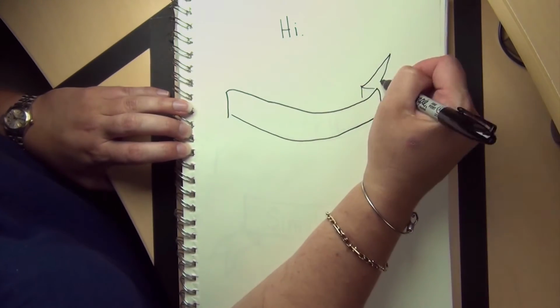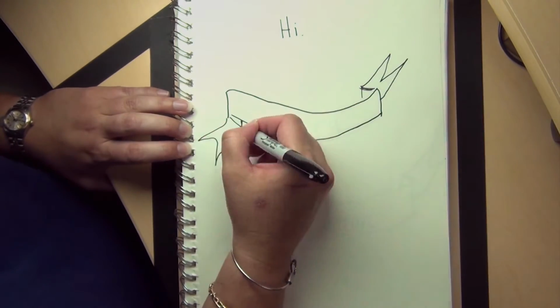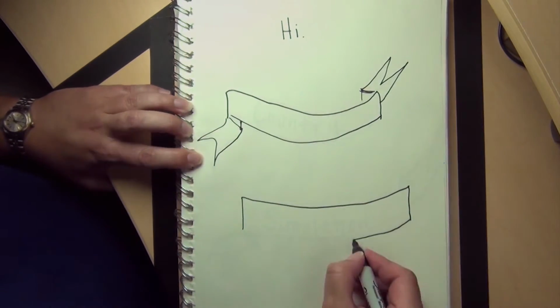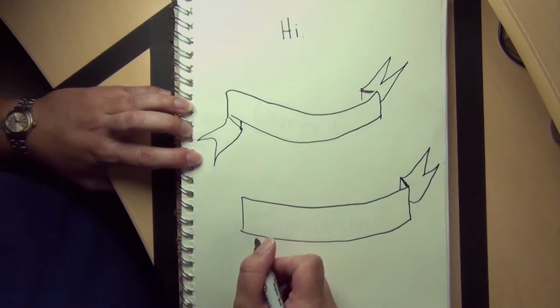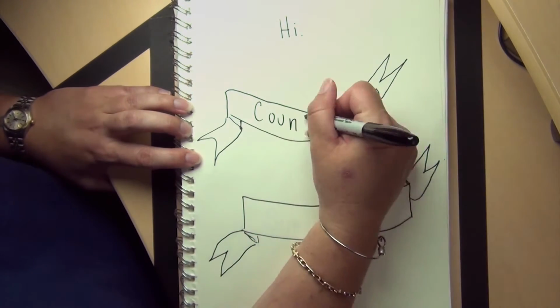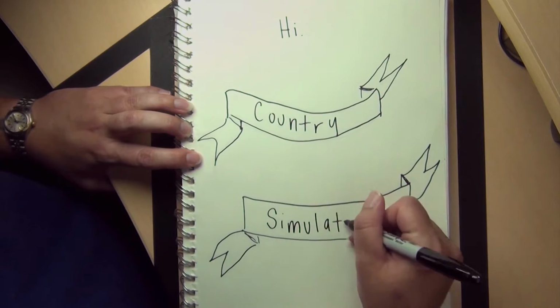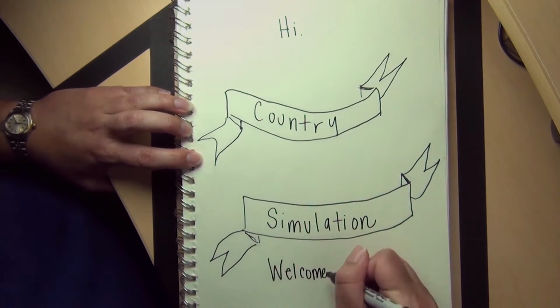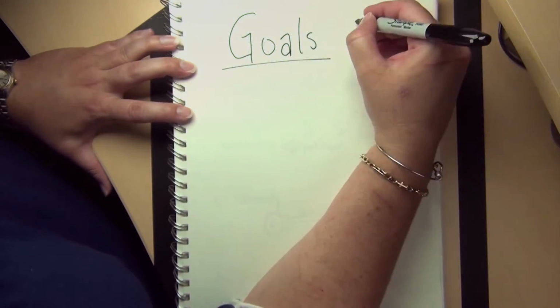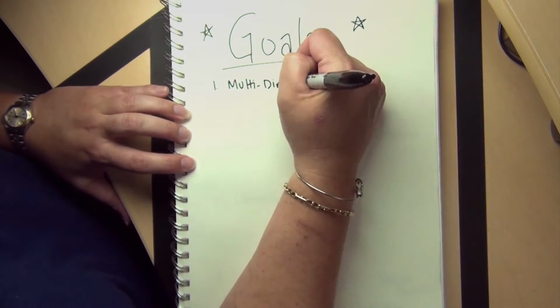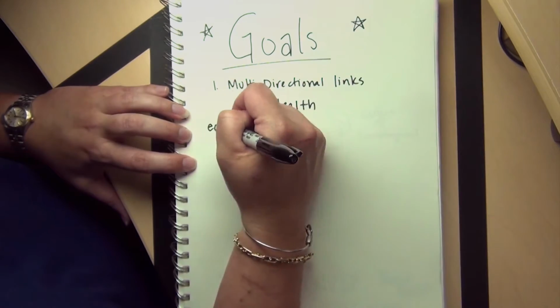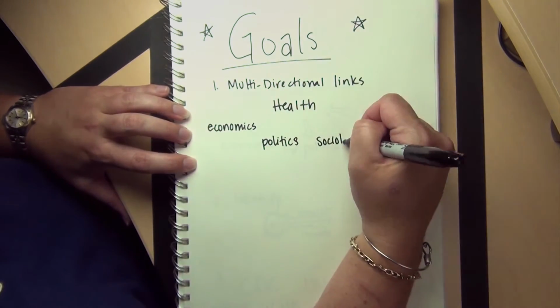In this assignment, you'll be divided into small groups and given a brief description of an imaginary country. Throughout the semester, you'll be asked to work in this country to solve specific health problems or deal with health-related events. Now, the goals for your country simulation project are to discuss multi-directional links between health and economic, political, sociological,